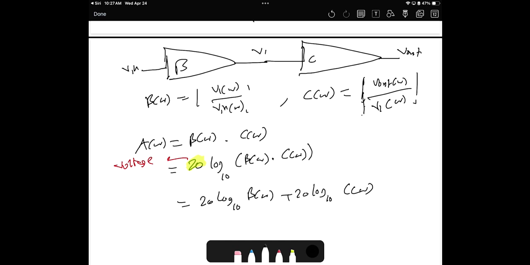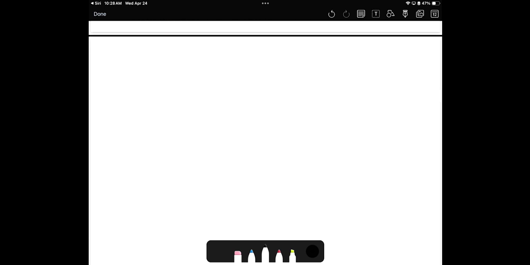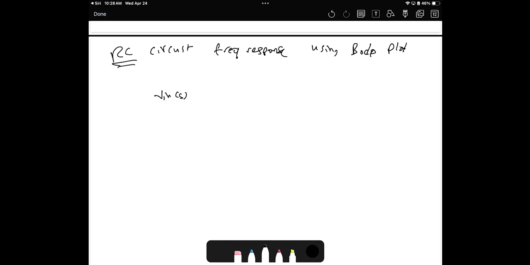Now, how do we make the analysis when we have, for example, a transfer function, or when we have an example like RC circuits? RC circuits, response using Bode plots. Okay, so basically the RC circuit, here is V input,